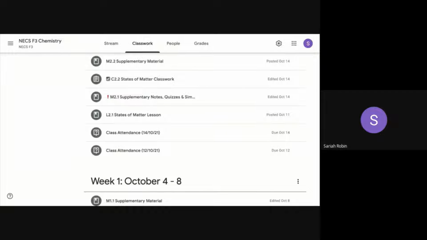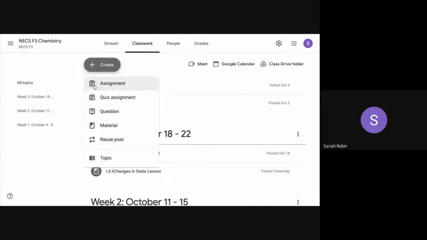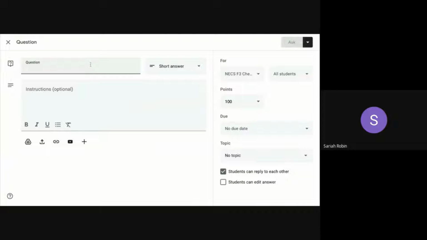Now, another way they say students learn is social learning, participation. In class we would ask questions, children would raise their hands, but you're not in class most of the time, so you want a discussion. So you can create a discussion forum. What you do on the classwork, you click on create, and you create a question. When the question comes up, you type up your question, and then you give the instructions, and then you say students can reply to each other,